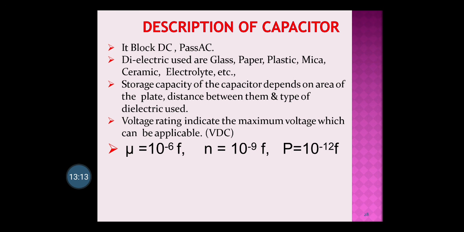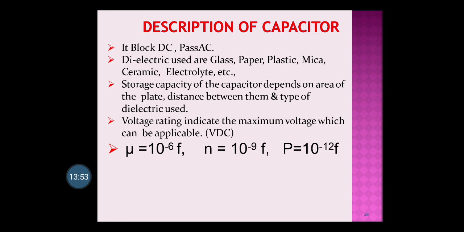So you can say that the capacitor actually blocks DC and passes AC. So with the capacitor, as we know, there are signals. In the signal video we have already discussed the AC signal, DC signal, digital signals, and triangular waves. Out of these, the capacitor allows the AC signal to pass if you give it as an input, but it blocks the DC signal.